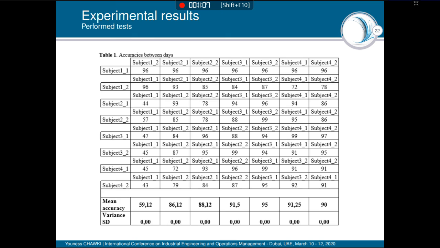So, the following table shows the accuracies between days. From this table, we can conclude that the proposed method achieves satisfactory performance and provides an important accuracy between days. It achieves up to 25% of accuracy in automatically characterizing correspondence between days in an egocentric dataset.